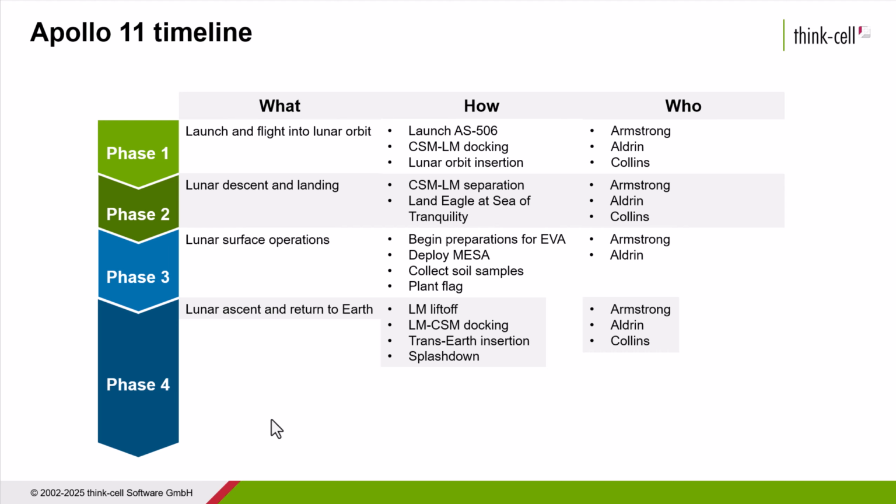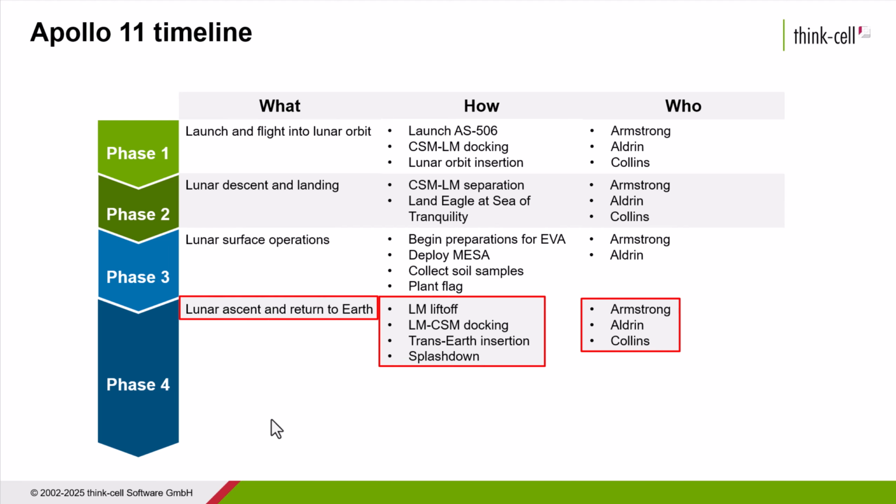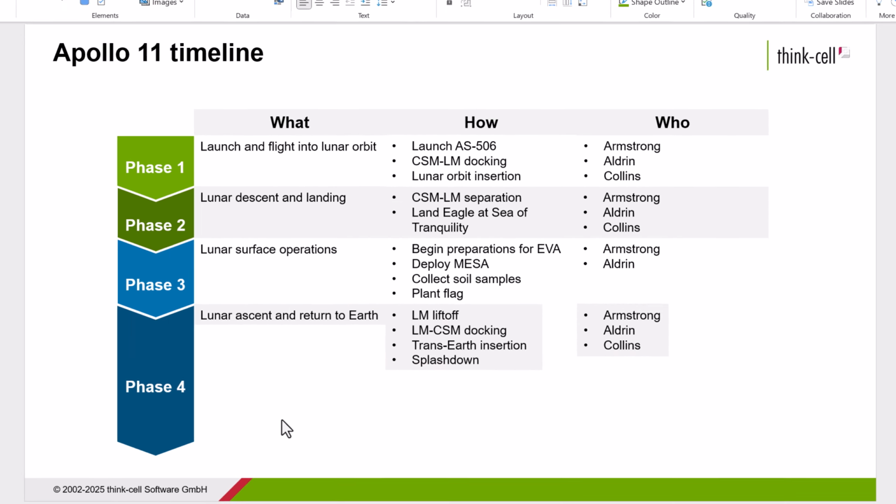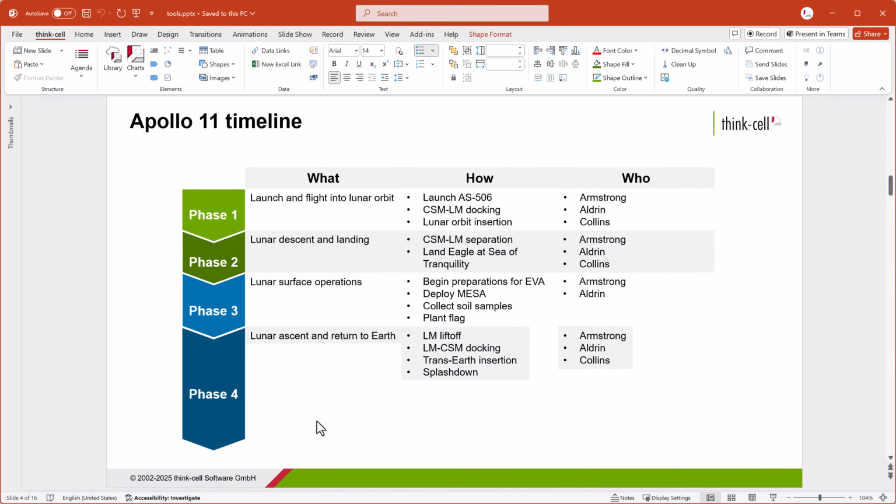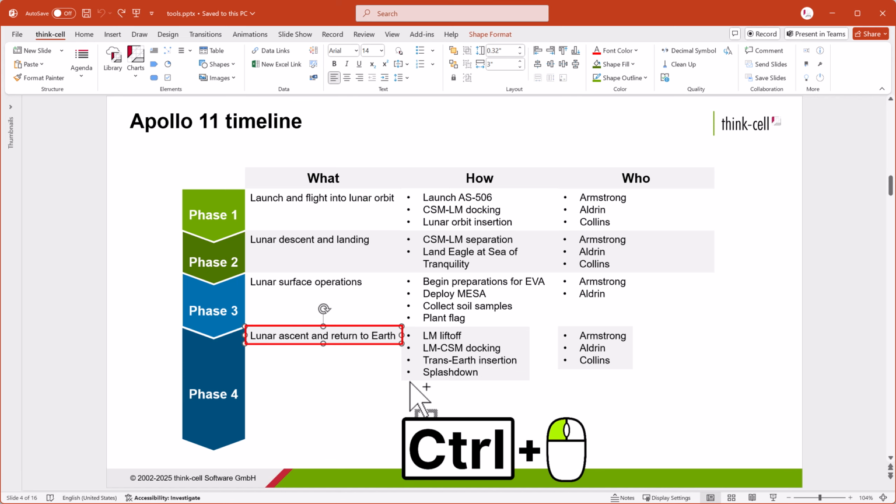Next, we want to give the objects in the bottom row a consistent size. You might already know that in PowerPoint, there's no size matching tool. Luckily, ThinkCell adds buttons for matching object sizes. If your selection only includes PowerPoint shapes, the first shape you select is the reference object.